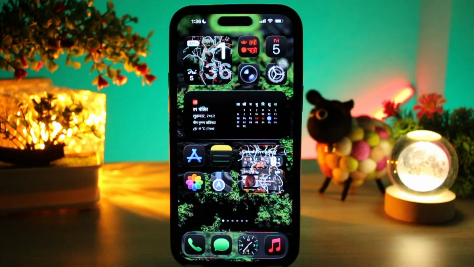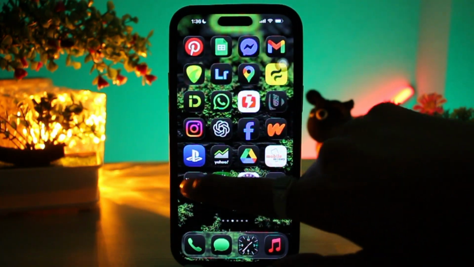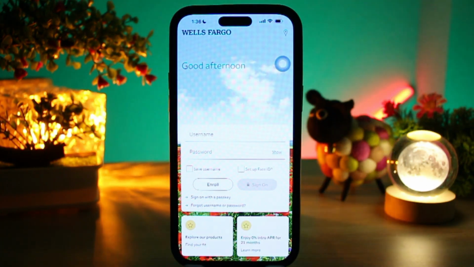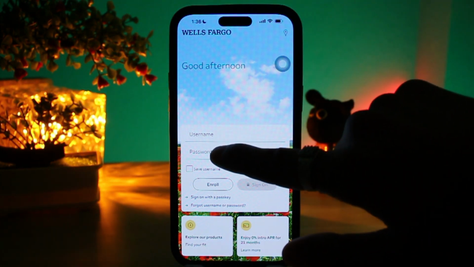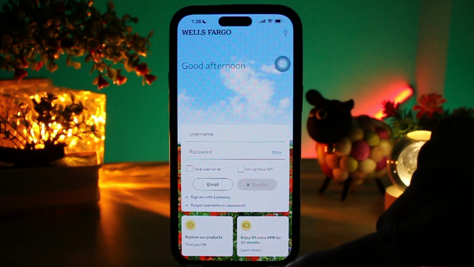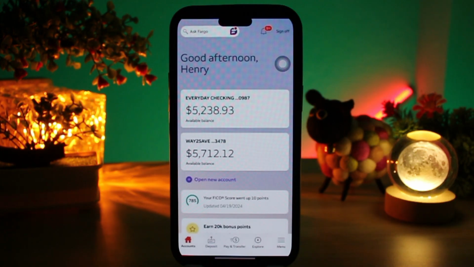So the first method that you can use is using the Wells Fargo mobile app. To do it, simply head over and open up your Wells Fargo mobile application. Then once you're inside, log in using your username and password, then tap on sign in at the bottom. Then once you're logged into your account, what you need to do is simply tap on the menu